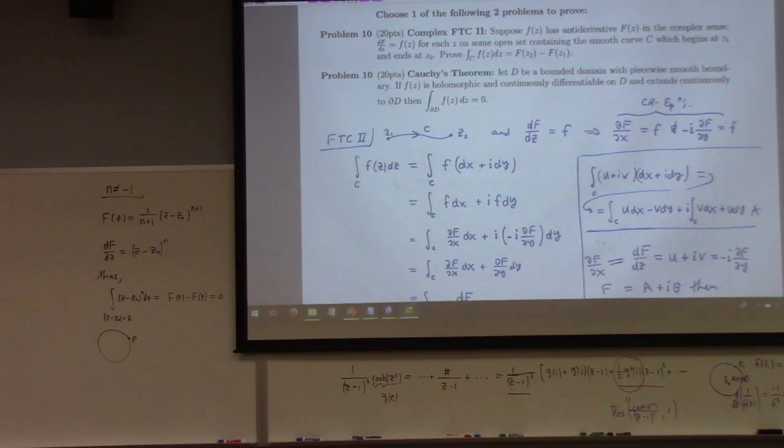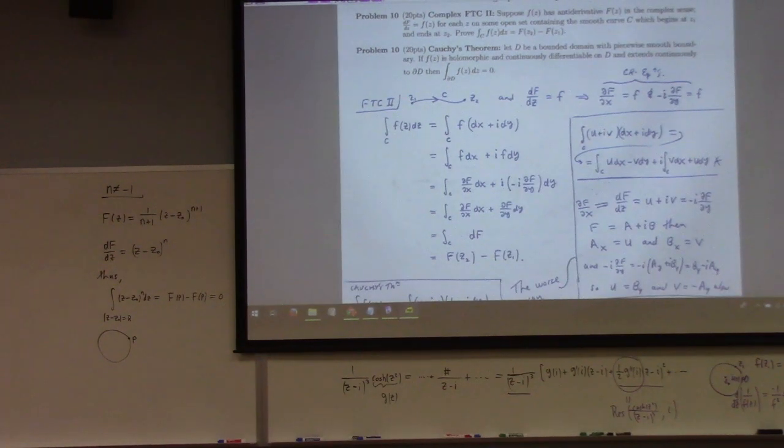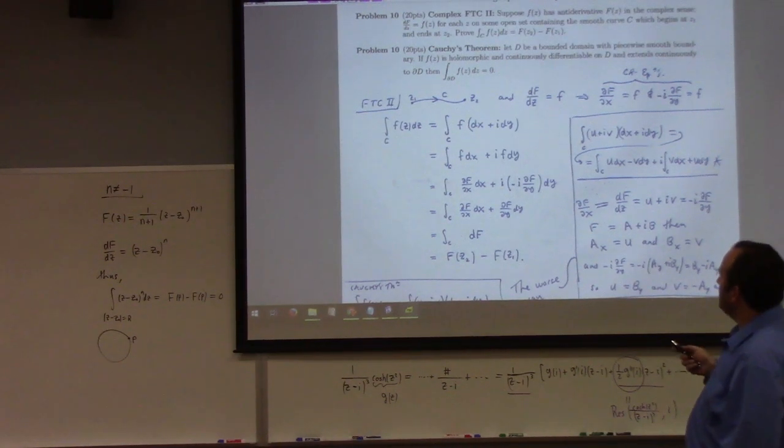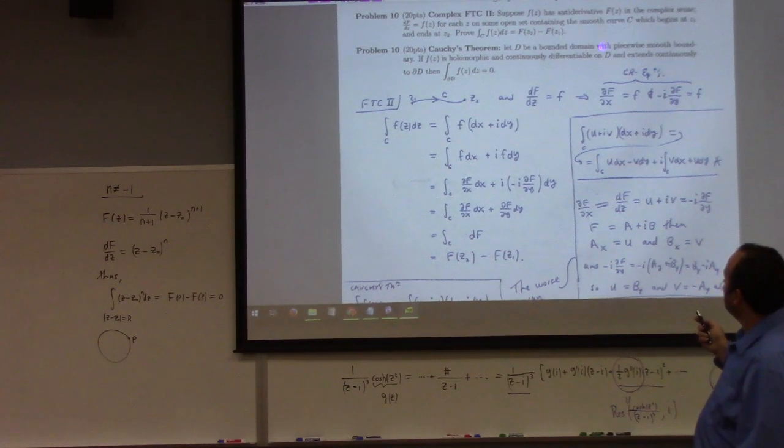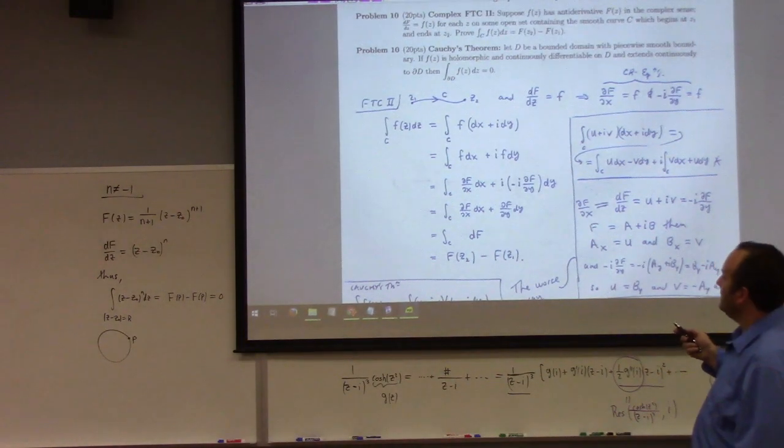Now, FTC2. So there's a variety of different ways to prove FTC2. I like this way. If f has antiderivative big F in the complex sense, then that means that F is complex differentiable, which means that partial dF/dz is partial f partial x, but it's also minus i partial f partial y. So I can convert my f to partial f partial x, or I can convert it to minus i partial f partial y, which then gives me this, which is dF, and then by our earlier work